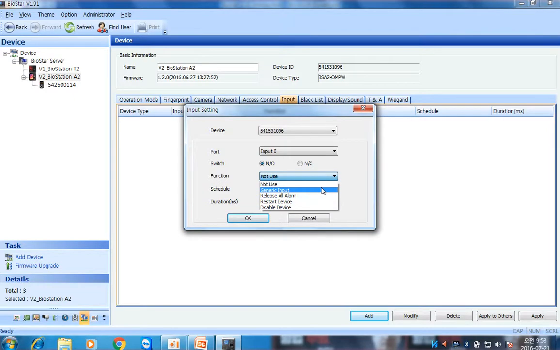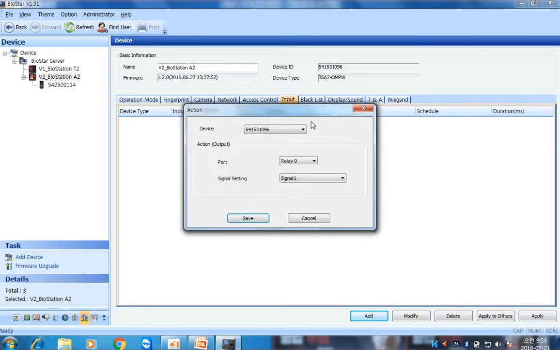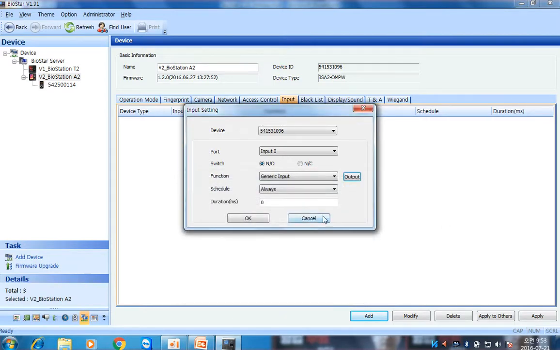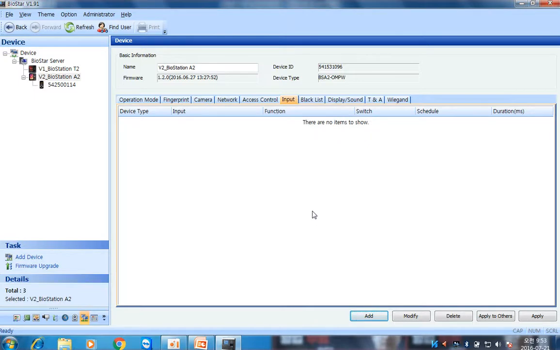If you set the generic input, you could also set the output here. So it means when there is an input signal coming to input 0, you could set any signal to go out through the relay. But it's very limited. The input and output setting is very limited compared to version 1 devices.